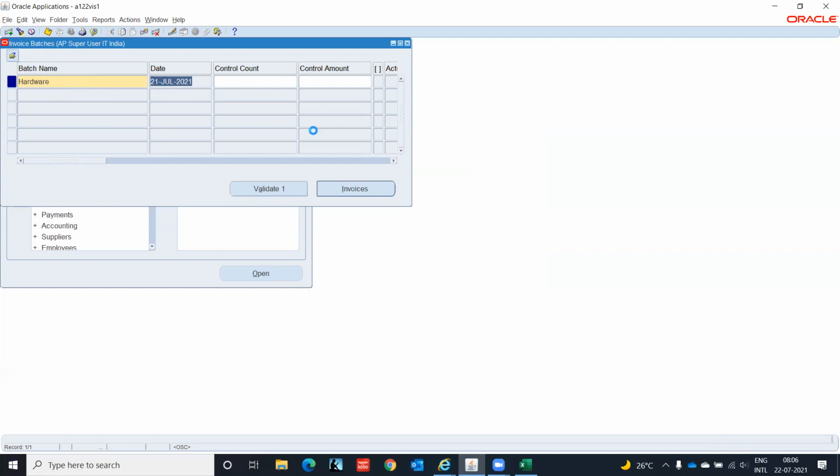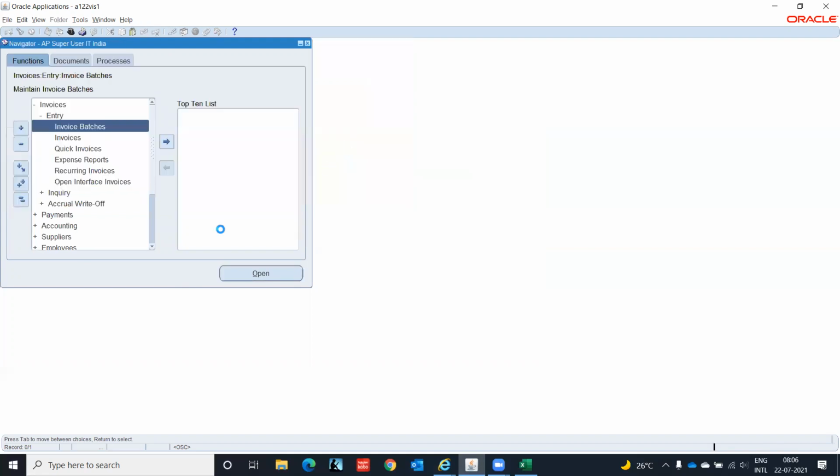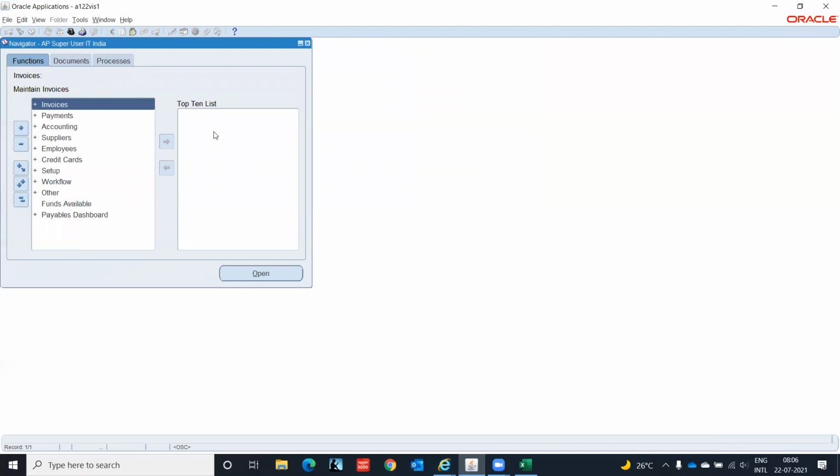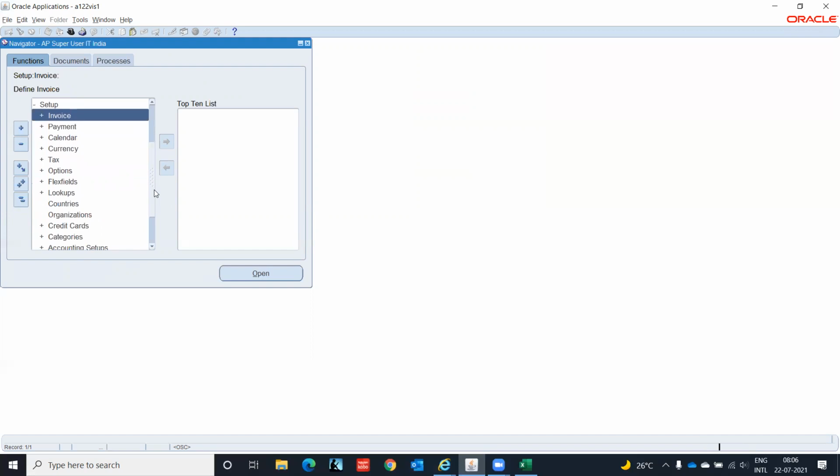Okay, before that, no, I don't want to save it. Before that, we have done everything. To start using the accounts payable module, we forgot to do one setup now. And that setup is what?